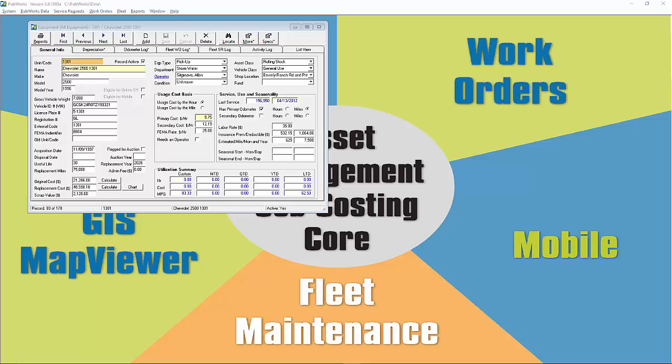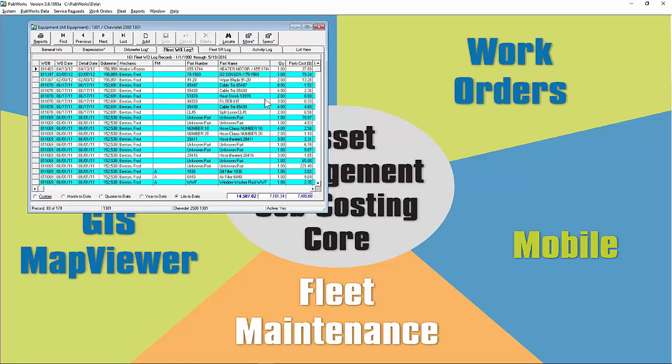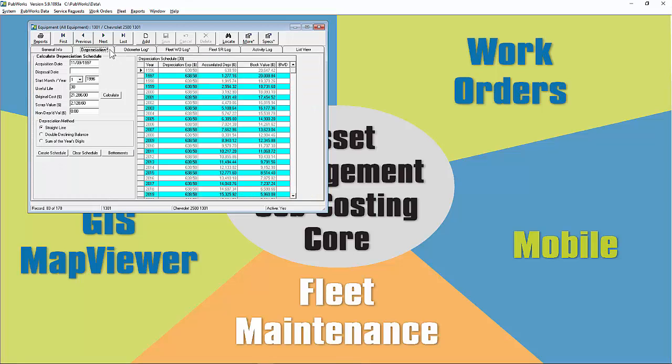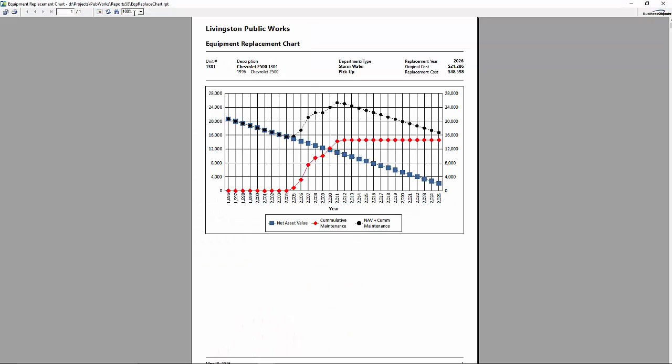Remember, for 1301, we have a depreciation schedule here and a wealth of fleet maintenance repair data here. Based on these two sources of data, maintenance repair costs and depreciation, we can look at a chart that tells us when to replace the vehicle. So down here near the bottom center is a button called Chart. Click it, and this chart will appear,